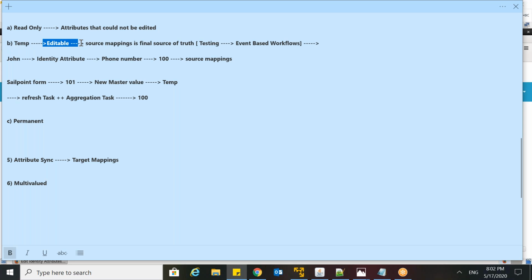Remember, marking it as temporary will make it editable, and source mapping will be the final source of truth. What is permanent over here? Again, if an attribute is marked as permanent, it would be editable. And in this case,